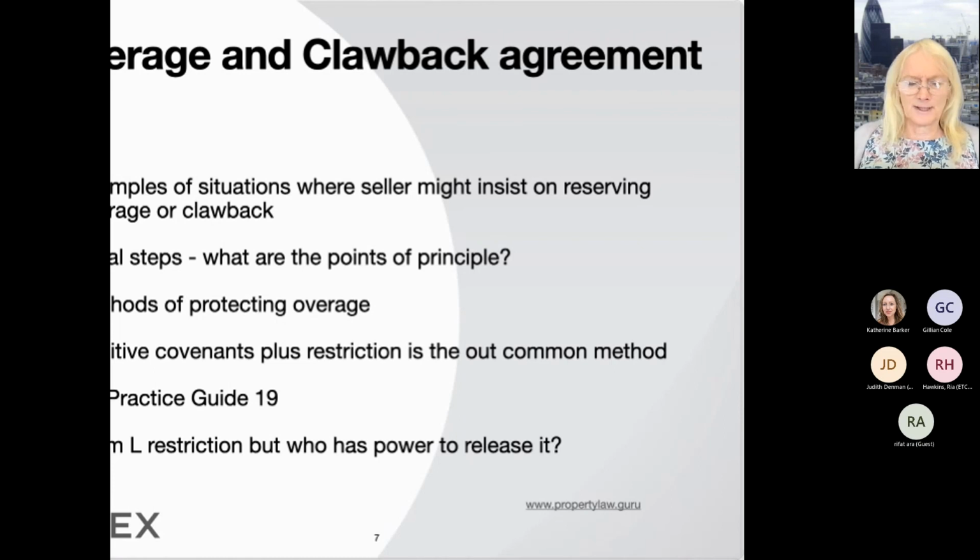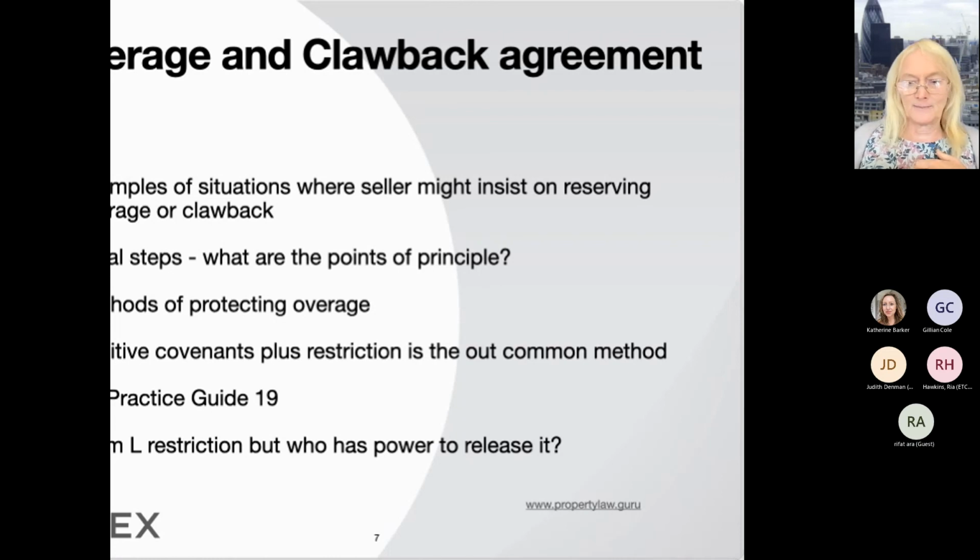The other thing is disposal. I'll give you an example from my experience. A piece of land was sold by a farmer to a developer with the intention that a logistics unit, a warehouse type thing, was built on it, and that when it was sold with the warehouse on it, the farmer would get some money.